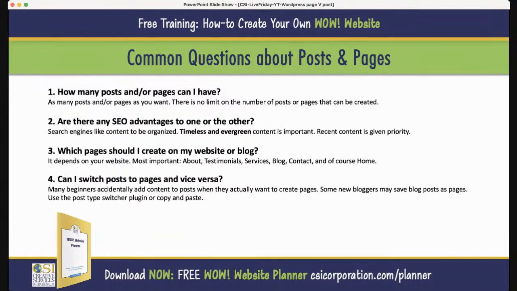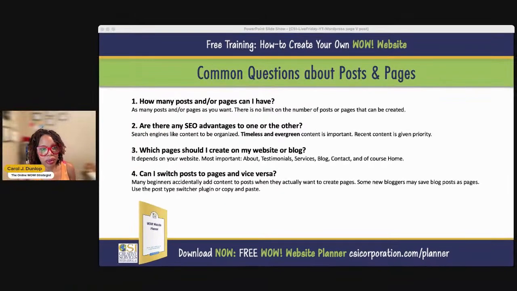All right, can I switch between posts to pages and vice versa? Well, not really, because the content types are set by WordPress. Remember, a post is a post type, and a page is a post type. So if you go under page and crank out something, it's going to become a page, and the pages are only shown if you attach them to your navigation at the top. Now, a blog post is going to be shown on your blog page,